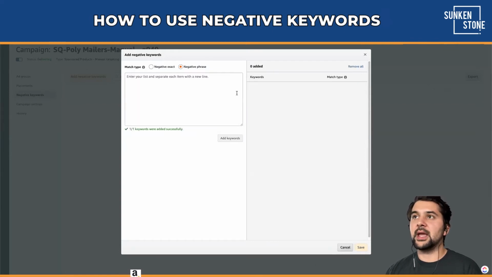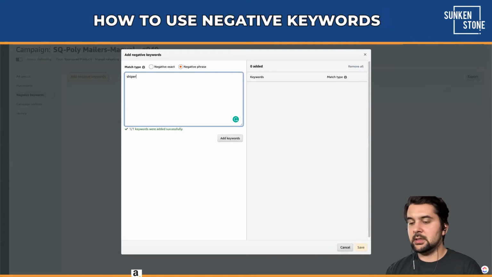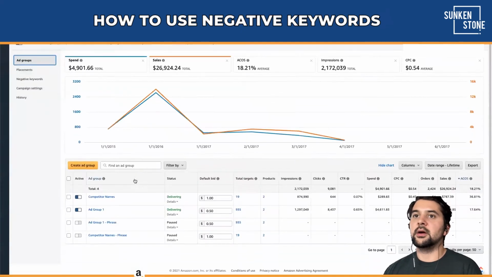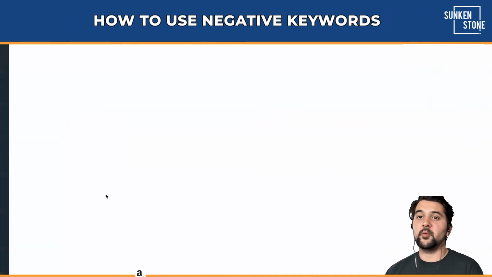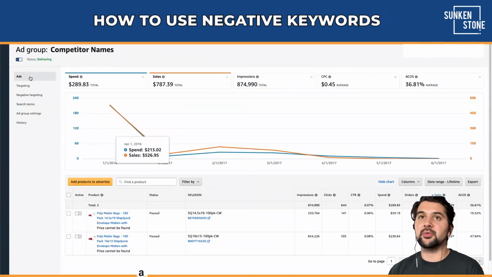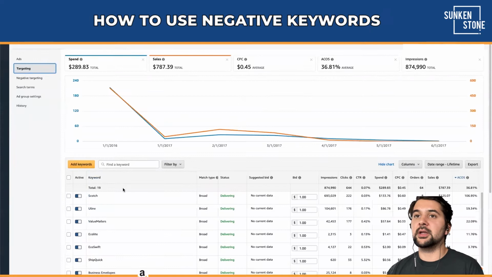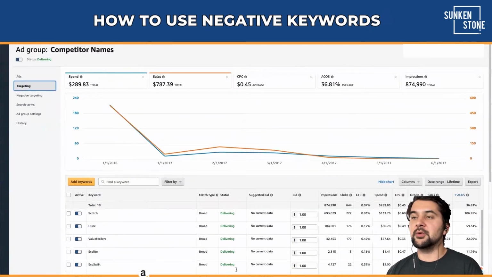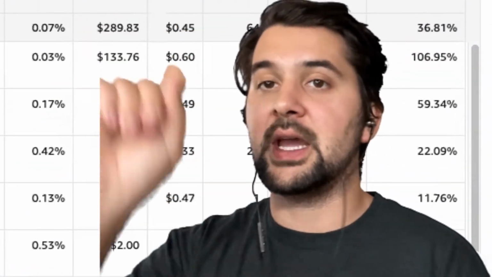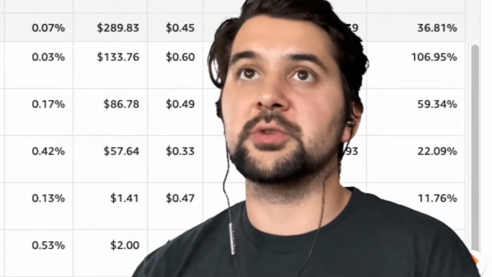Now, let's say we added shipperoo as a phrase negative, and then in our competitor ad group, we had several keywords containing shipperoo in the targeting. We would not be able to bid on them because we have a campaign level negative. So the campaign level negative applies to everything in the ad group, which is why you need to be very